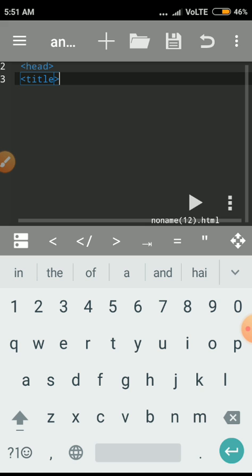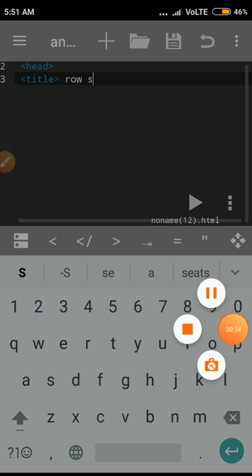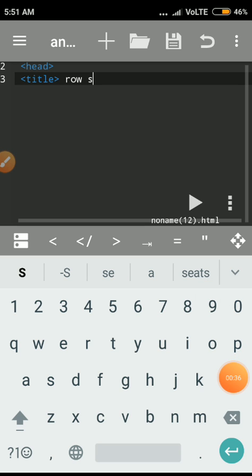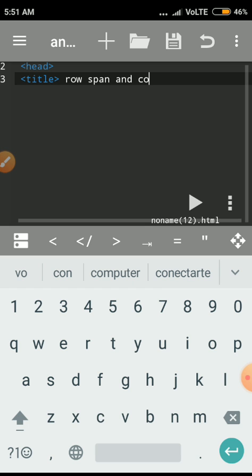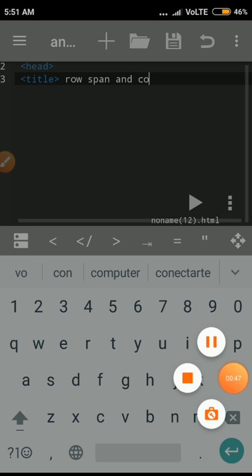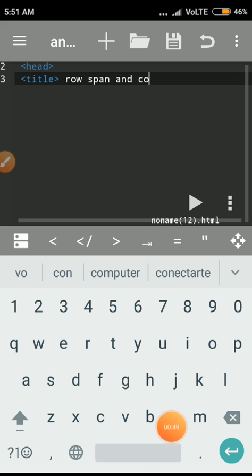So we are giving the title here. Today's topic is row span and col span.